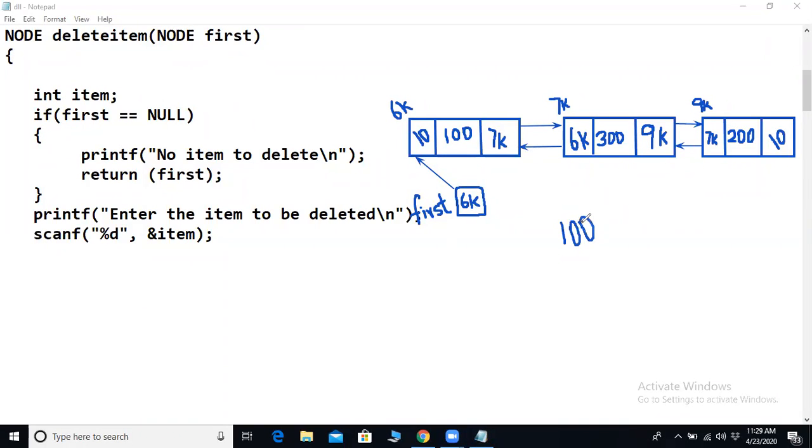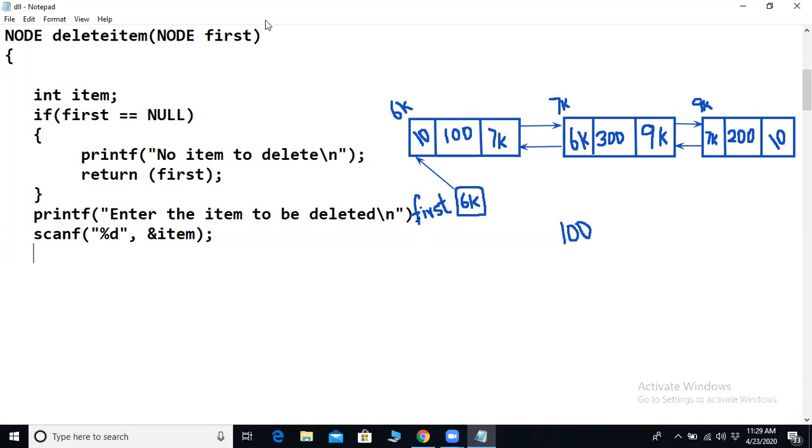Will you find the item in our linked list? Yes, you will be able to find it. Where will you find it? In the very first node itself. Correct? So let's consider that scenario first, and we will write the code for how to do the deletion if we find the given item in the very first node, right?